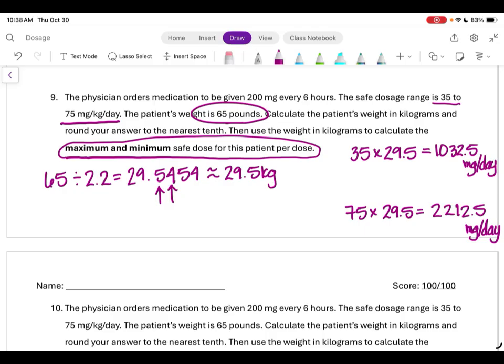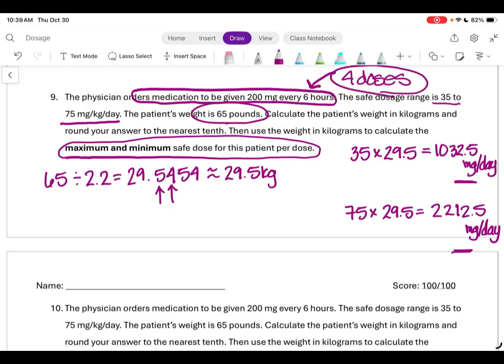Well, we have to look back to our order, right? And we look and see that the physician wants us to give this medication every 6 hours, right? And we know that every 6 hours is equal to 4 doses, right? So if this is the minimum and maximum they can have per day, to figure out what they can do per dose, we will just divide by the 4,